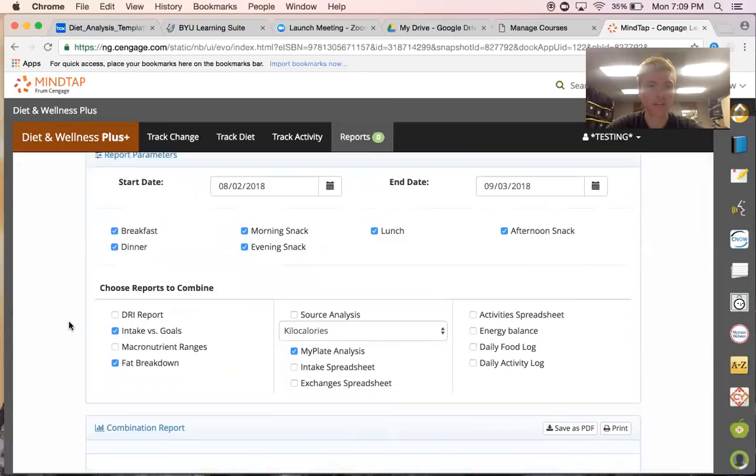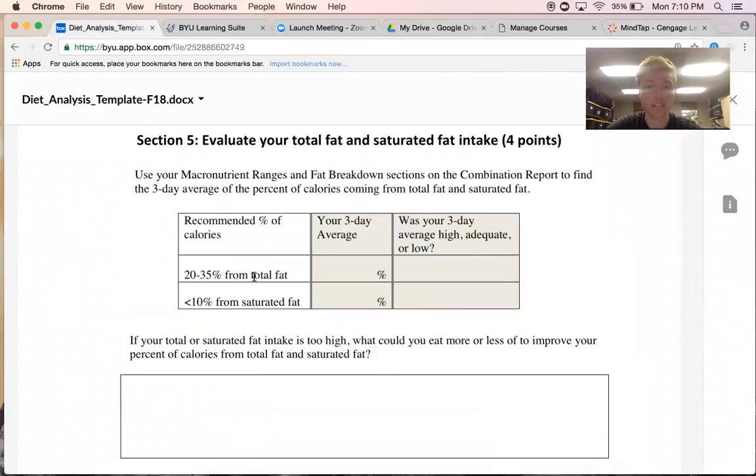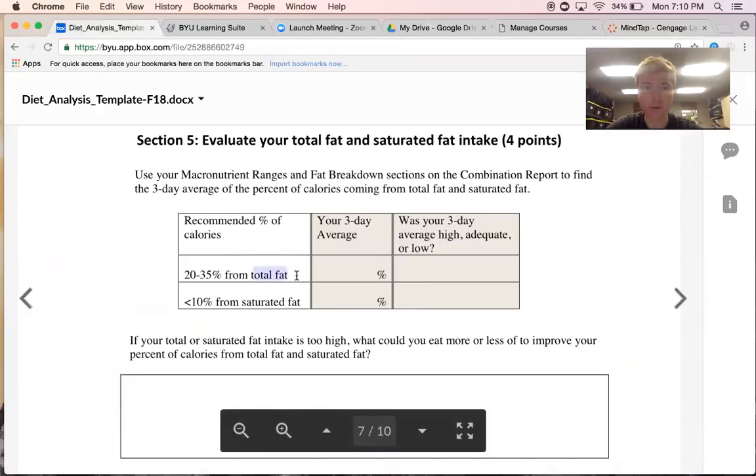And the ones that we want to use are the intake versus goals, the fat breakdown, and the my plate analysis. So real quick, let's go back to that question. And it's asking the percentage of calories of the 3-day average from total fat and from saturated fat. So if we go back here to our report,